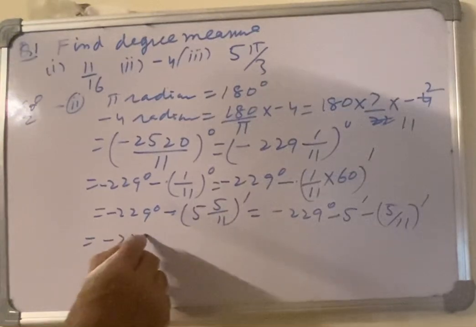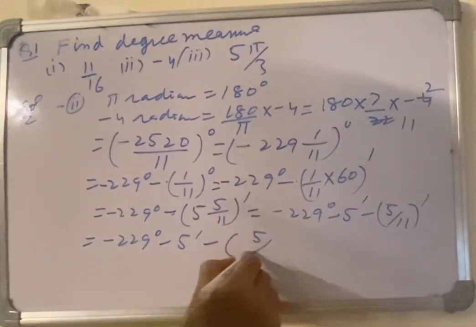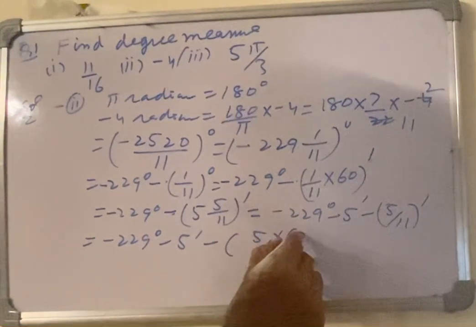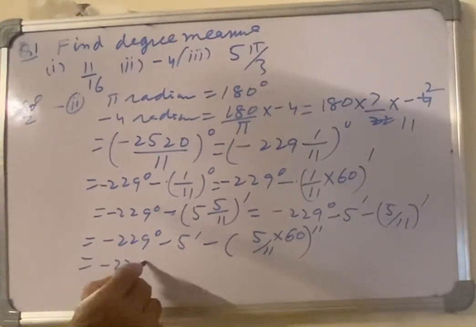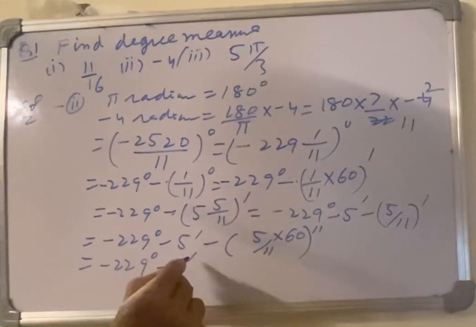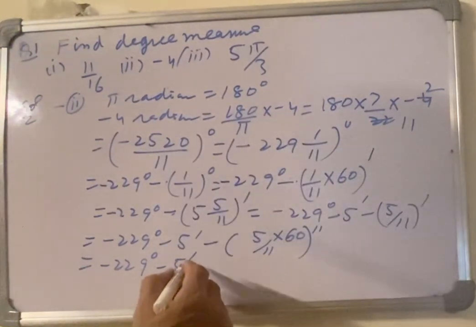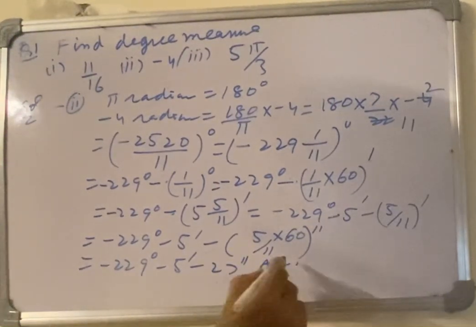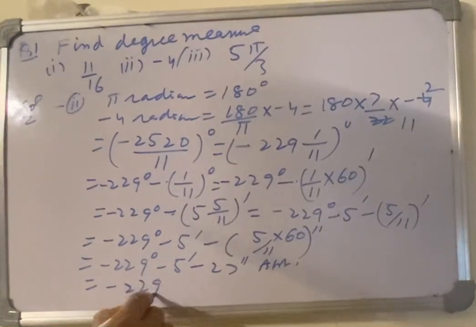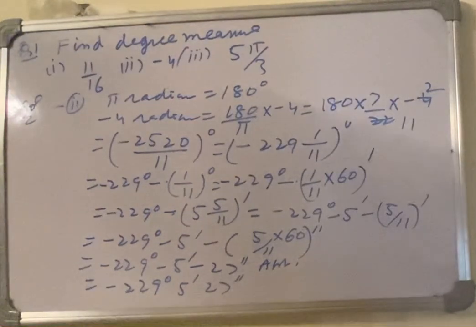Minus 229 degree, minus 5 minutes, minus 5 over 11 into 60 seconds. So it will be minus 229 degree, 5 minutes, approximately 27 seconds. Then